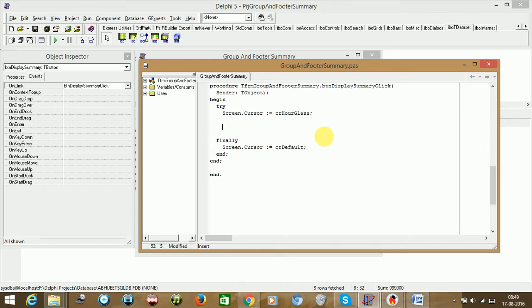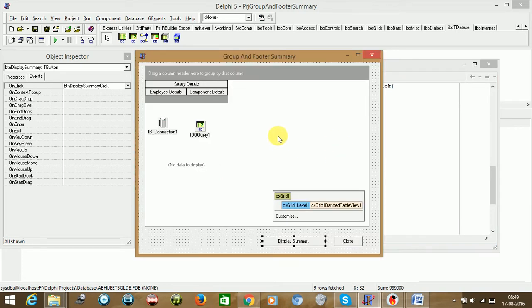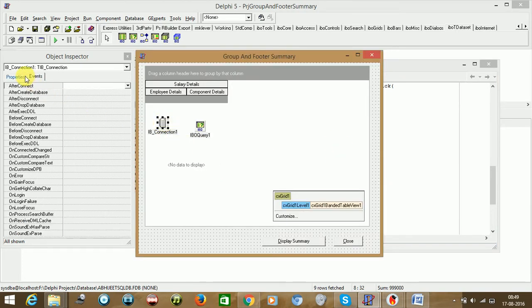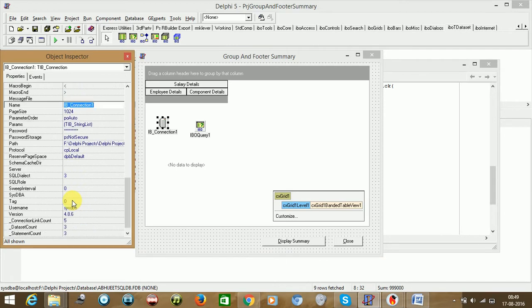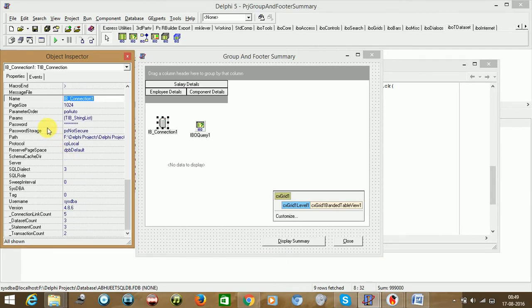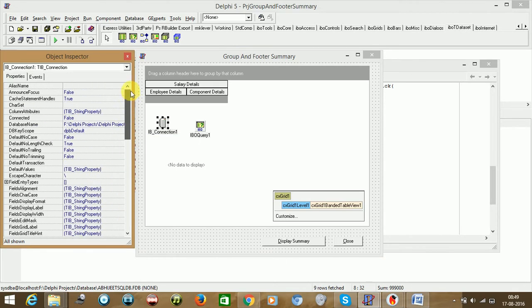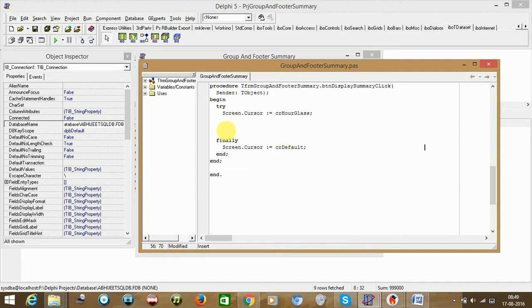It's good practice. Now as we said, the connection component we would be specifying, activating dynamically. So the name will be copying. Make sure you are specifying the database connection component, the database path. It doesn't matter what database you use, anyhow you need to know how to connect to your database and fetch the data inside the dataset, that is the query component in our case.